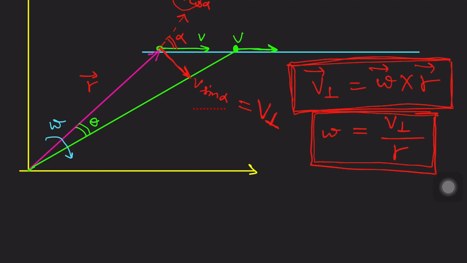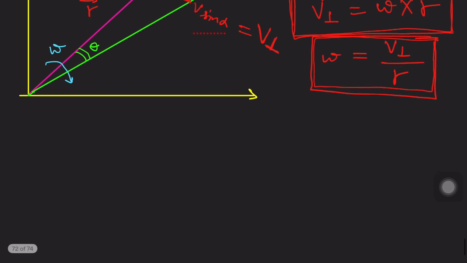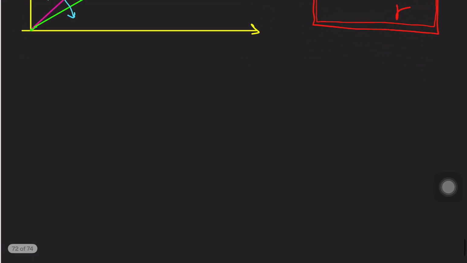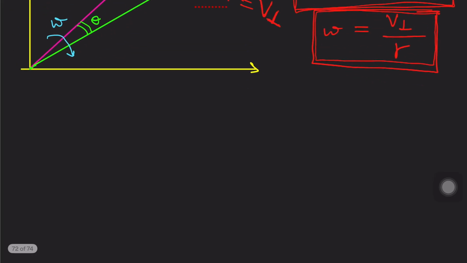So let me start with a very basic question. That question is from HCV only. The upcoming 3-4 questions are from HCV, from the objective questions given in Objective 1 and Objective 2. So the question number 1 that is given in the book is